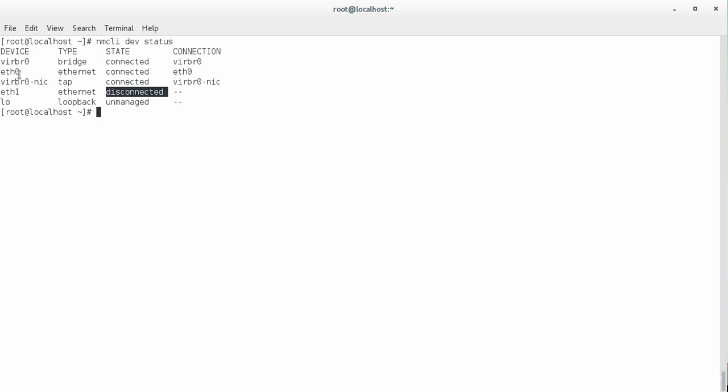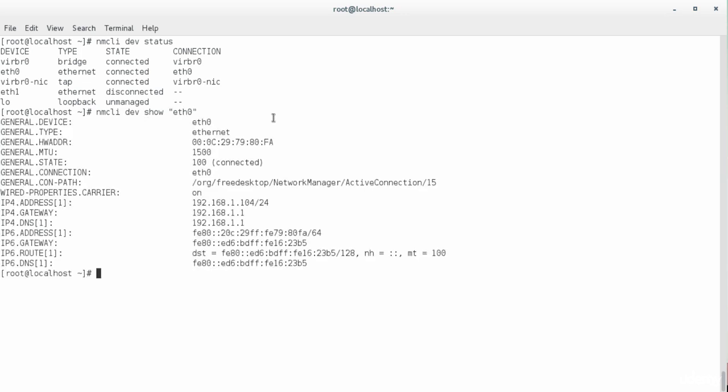Okay, here I am interested in eth0, so let's show more information about this device. And to do that, let's run nmcli dev show eth0. Now press enter. Okay, as you see here in the shown result, I can know that this device type is Ethernet. I can know the MAC address of